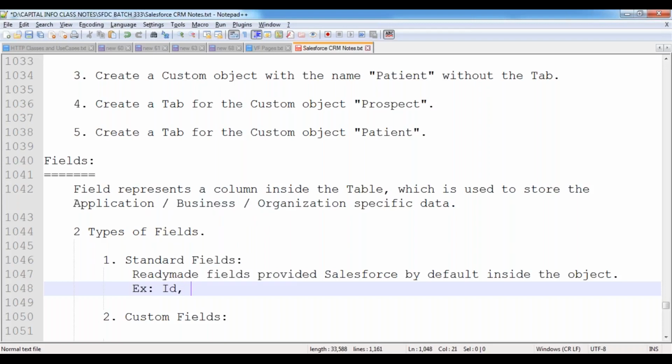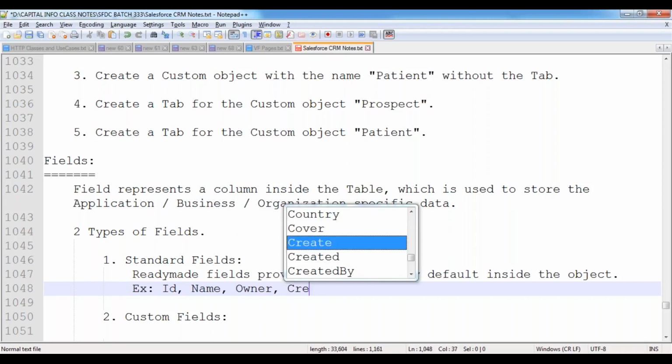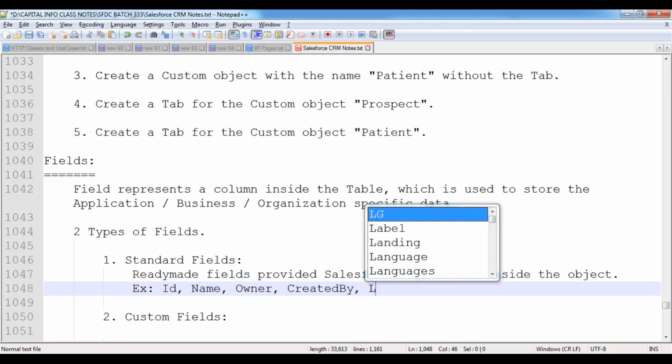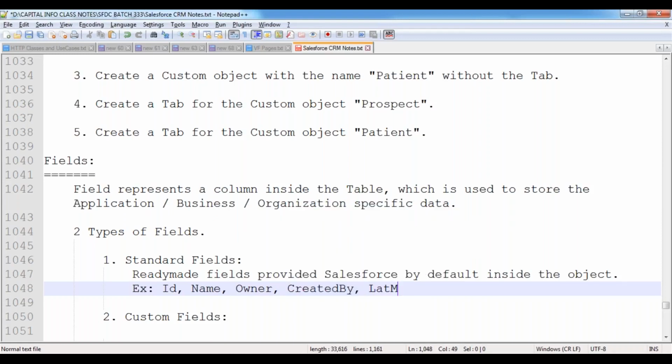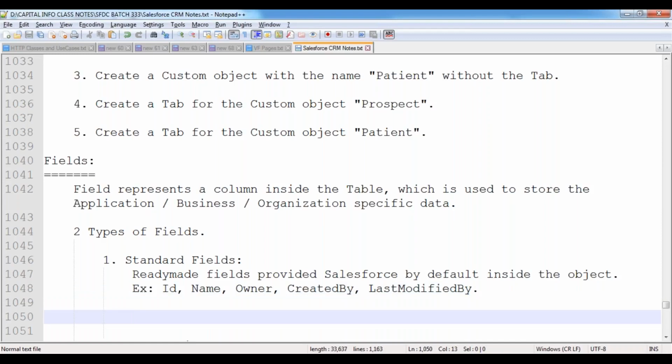For example, the ID field, name field, owner field, created by, and last modified by. These are the five fields given by Salesforce by default, so these are called standard.